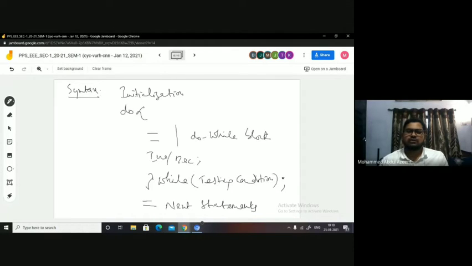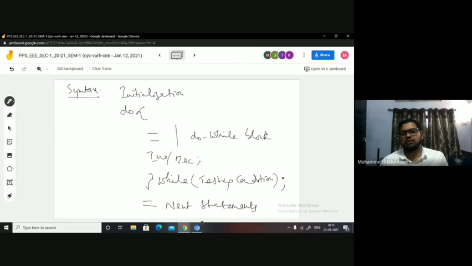And if the condition is true again, what happens? The control will be allowed inside this do-while block, and then increment or decrement will be done. Then again the condition will be tested. If the condition is false, then it comes on to the next statement. So irrespective of the condition being found true or false, the execution of the do-while block will happen at least once, because without checking the condition you will be allowed to execute once.